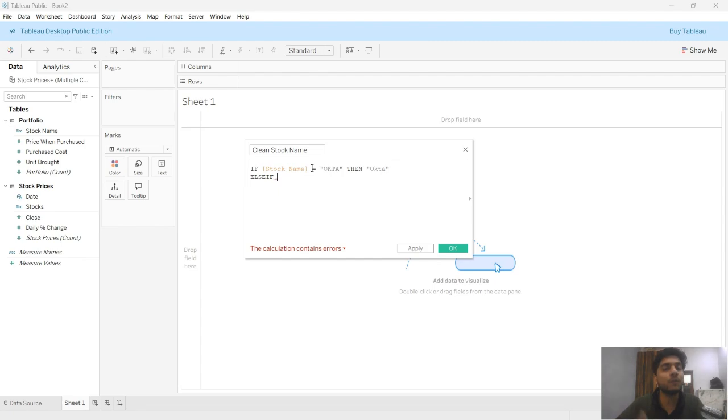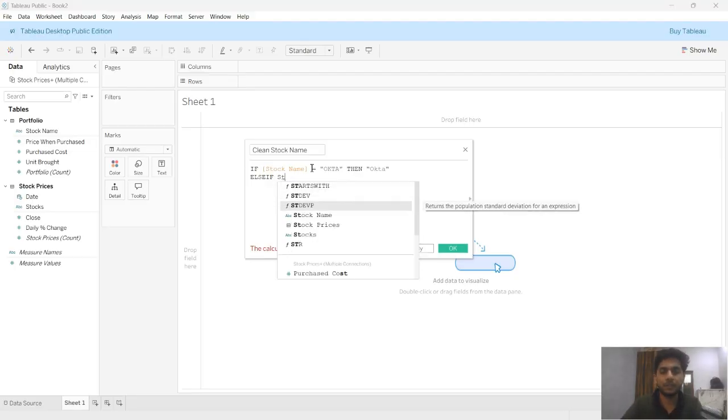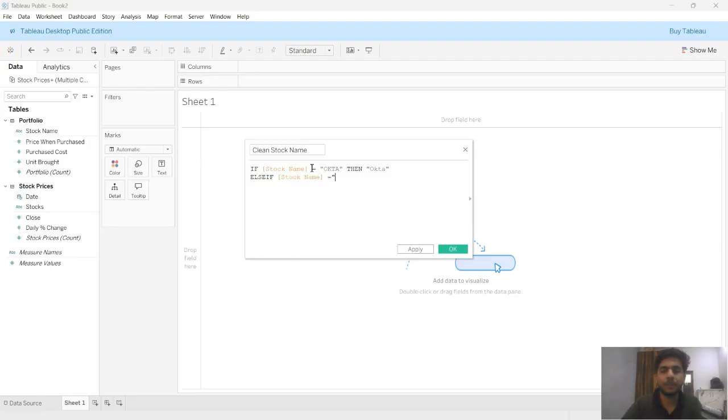If there is more than one condition, we need to use IF one time, and the rest of the time you need to use ELSEIF. So the second time I will use Stock Name double equal to TripleBY, then Bed Bath and Beyond, and again I will give ELSEIF, Stock Name equal to TSLA, then Tesla,